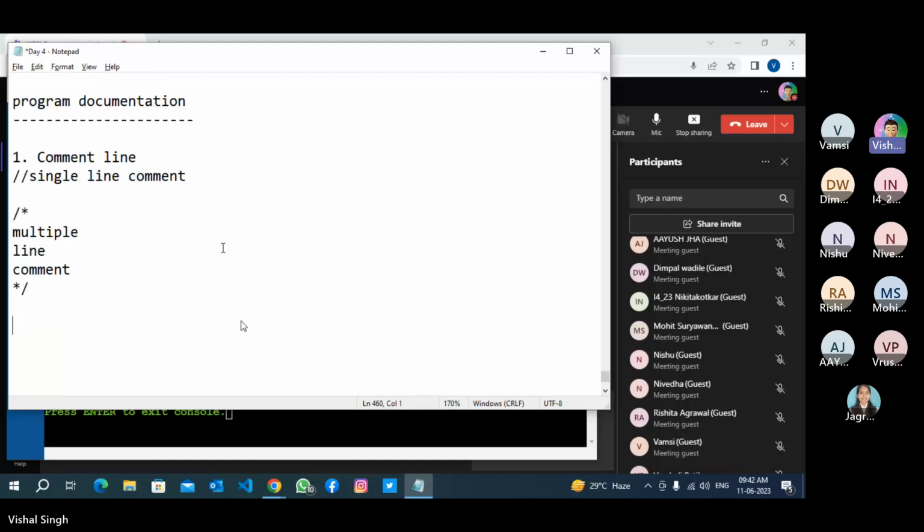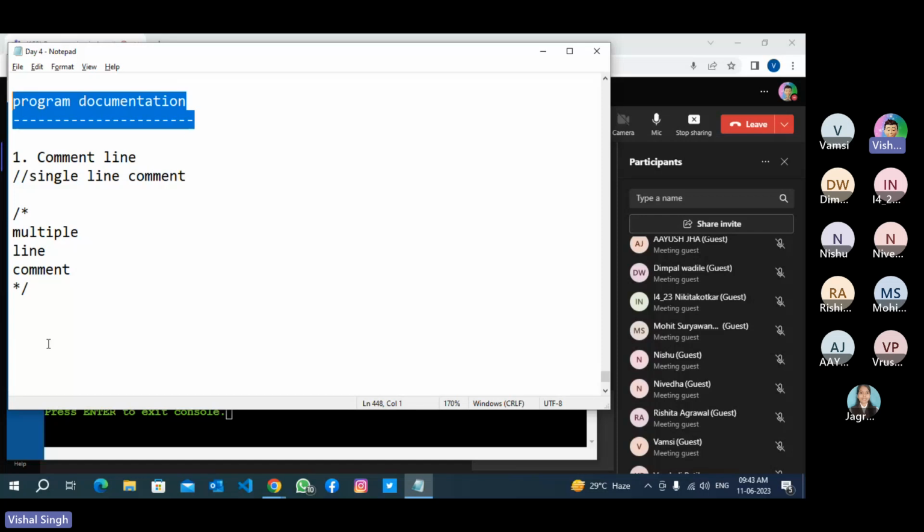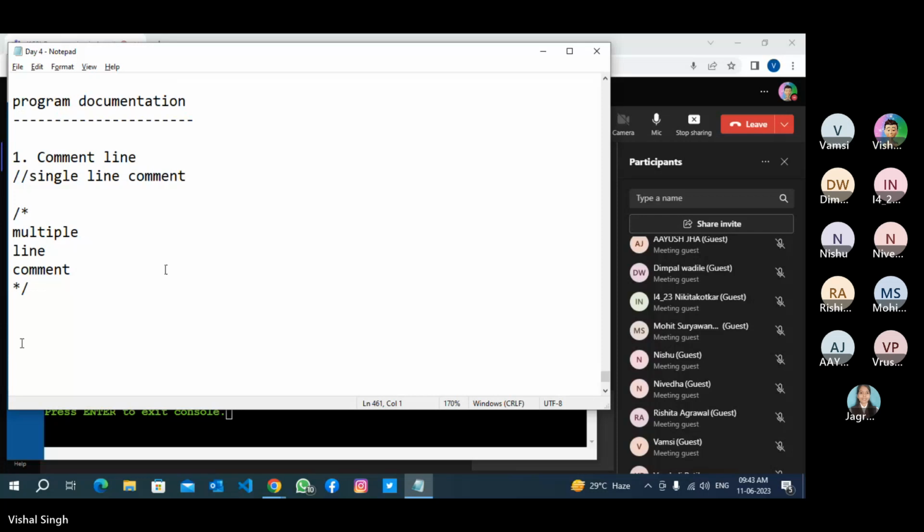So we all know what a comment line is, a single line comment. Whatever you write after this comment line, or inside a multiple comment line, will not be compiled. It means it is not part of our program, not part of Java grammar. The first one is program documentation, which is very important and you have to follow in every project you write. Every time you have to write a comment about what a specific block is doing, what a specific statement is doing. The second one is